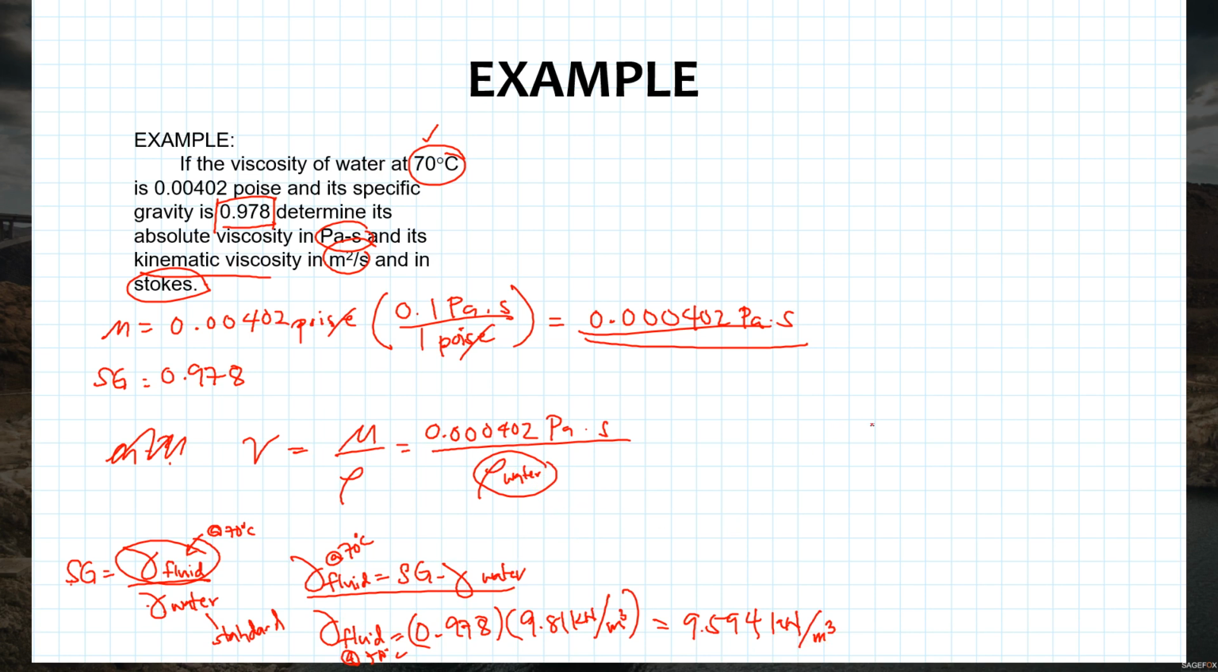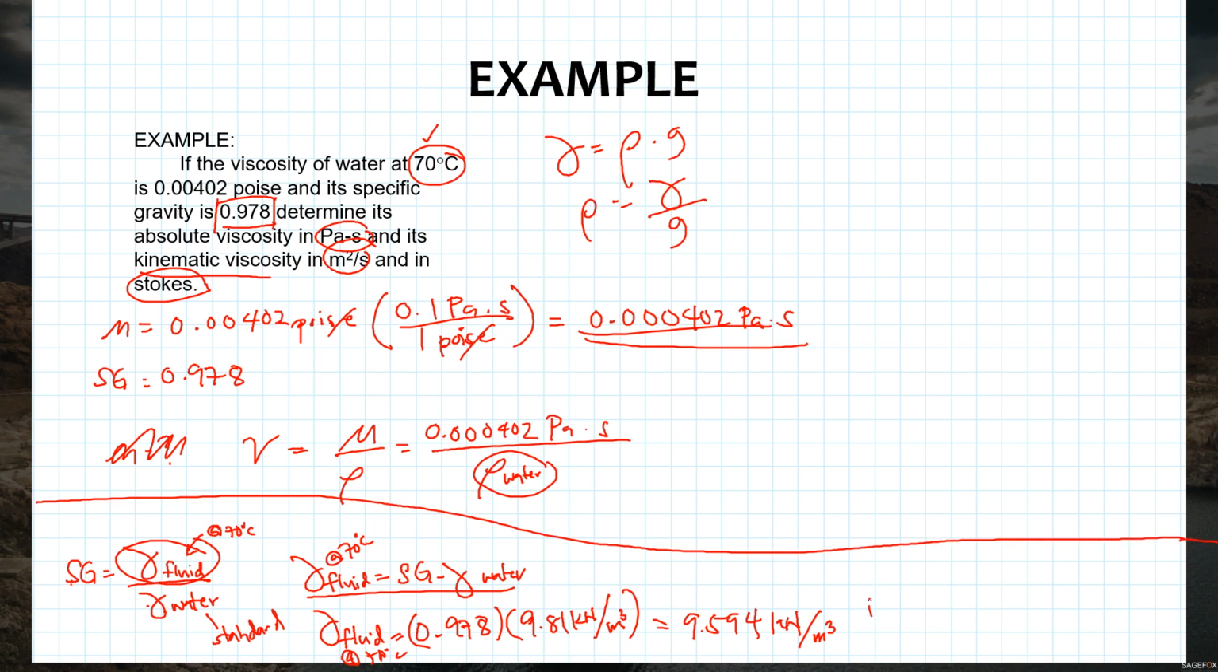So, going back again to our lecture, the unit weight is rho times g. So, rho is just unit weight over g. So, divide the 9.594 by g to obtain the mass density. Okay, let's separate this one. The mass density is unit weight over g. So 9.594 kilonewtons per cubic meter all over 9.81